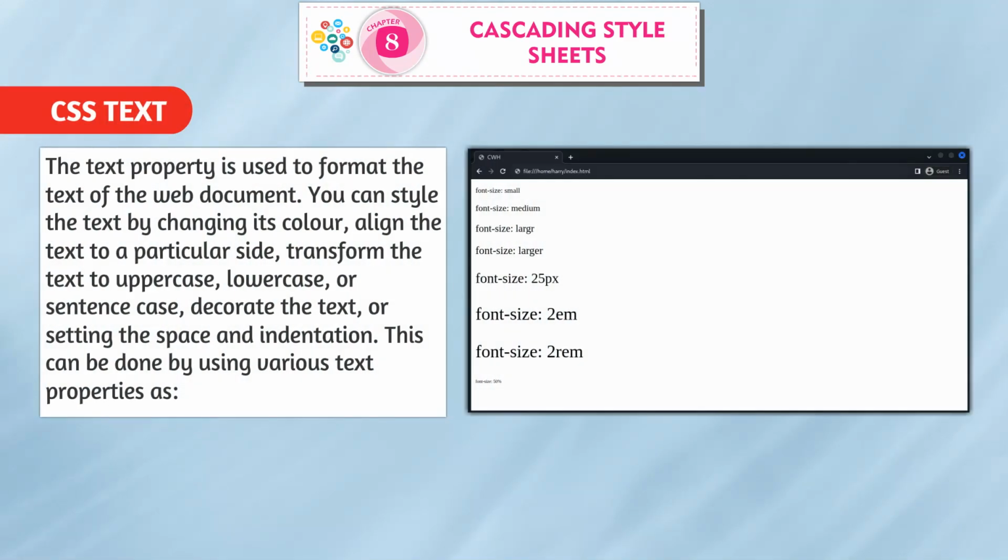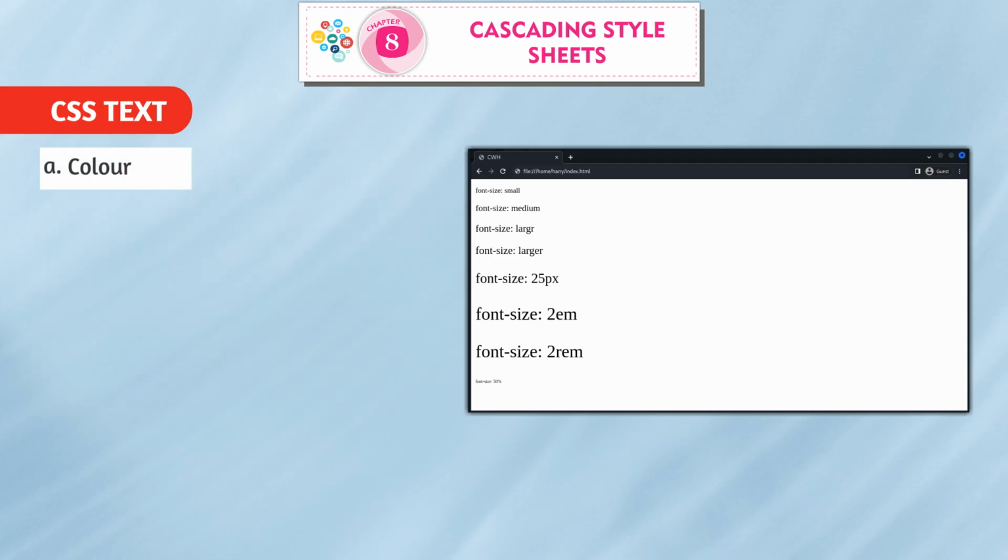The text property is used to format the text of the web document. You can style the text by changing its color, align the text to a particular side, transform the text to uppercase, lowercase, or sentence case, decorate the text, or set the space and indentation. This can be done by using various text properties as